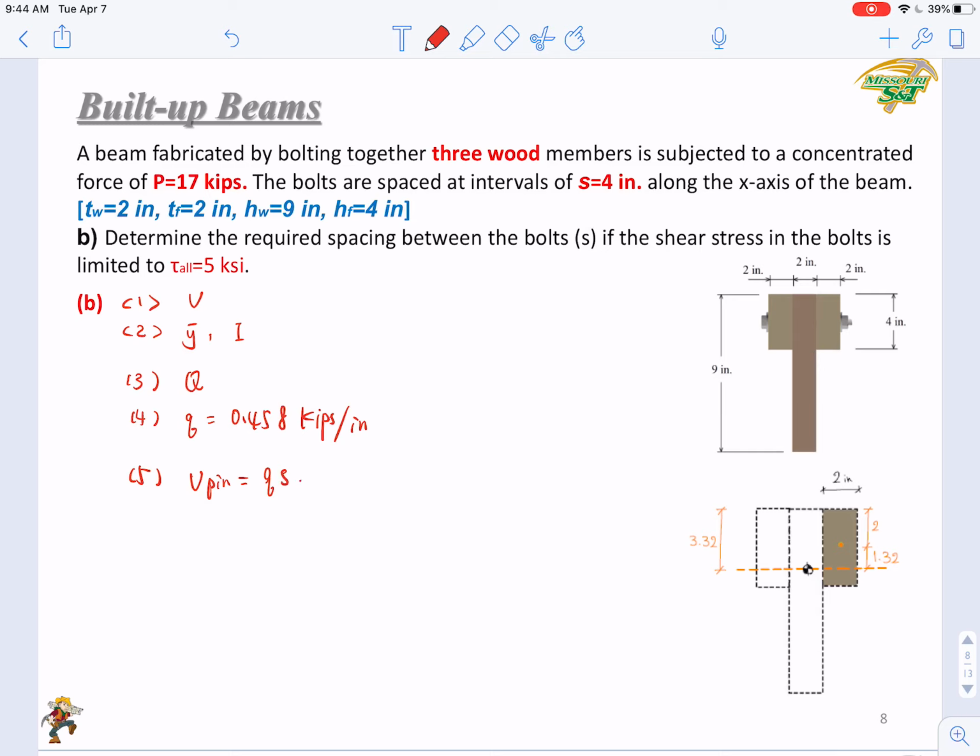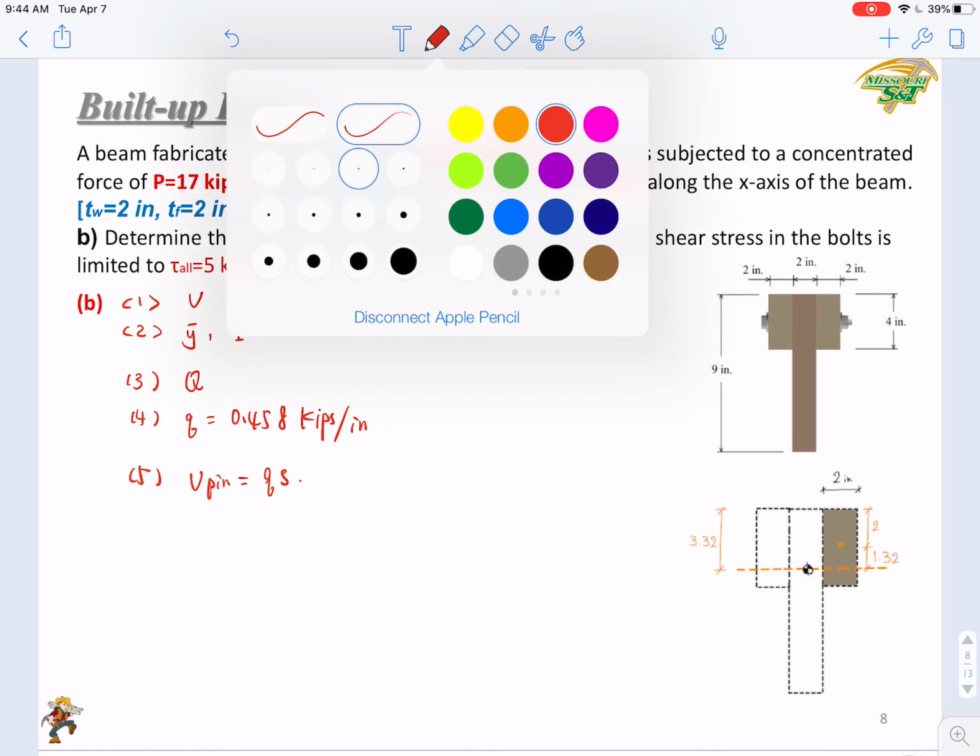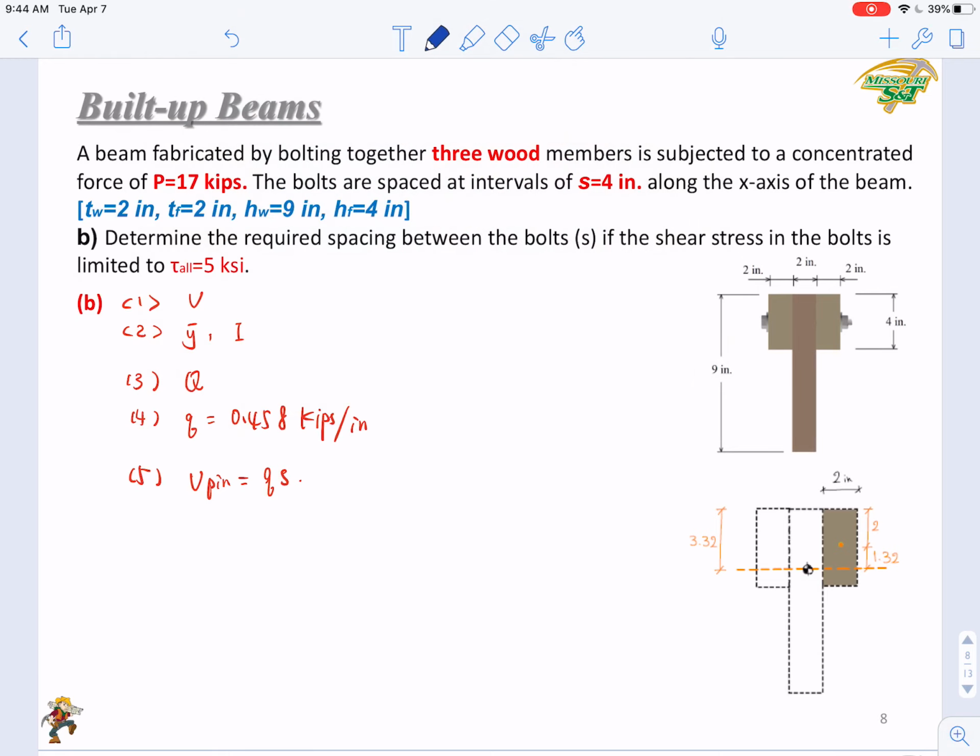It's an inverse problem to part A, since in this problem we know Q, but not S. So we're designing the S. The last step, number 6, is we know that V pin equals QS,